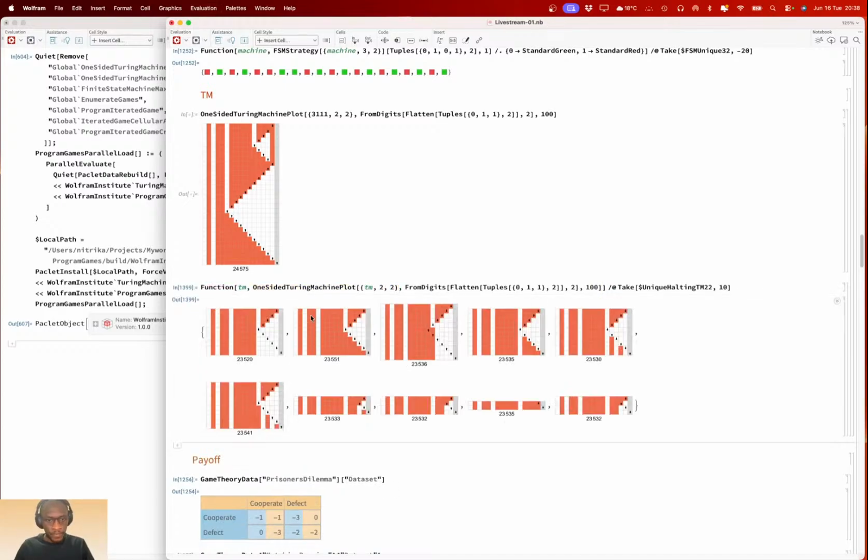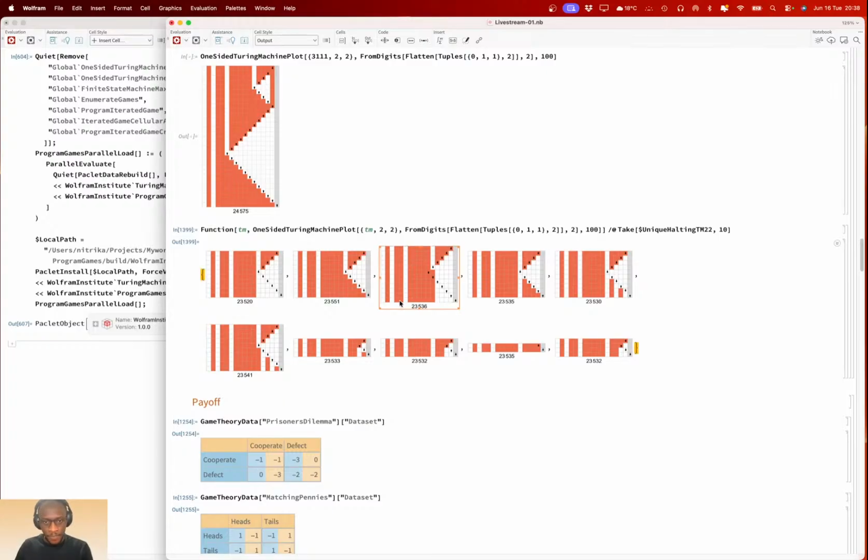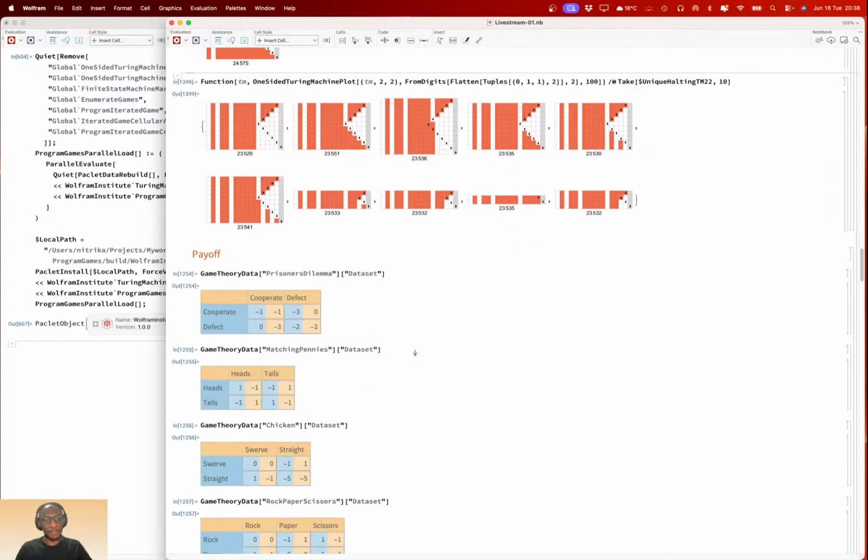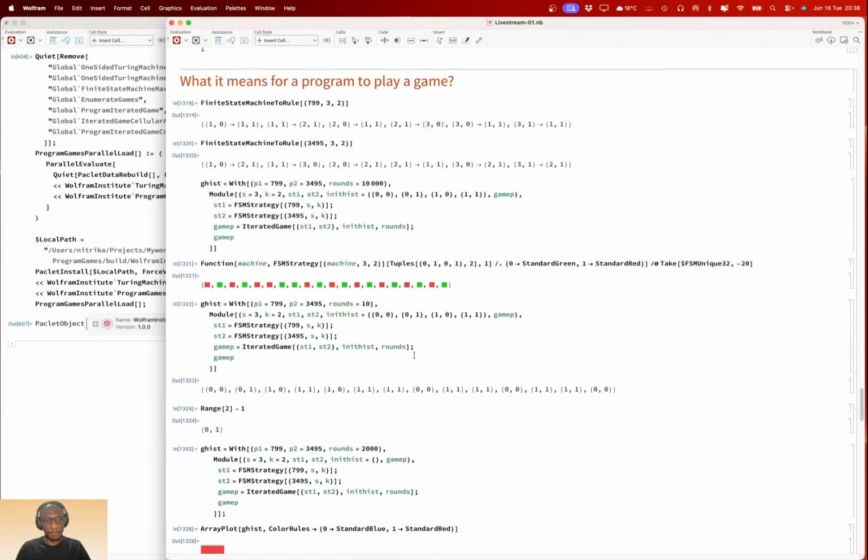This guy made cooperate, defect, cooperate, defect, defect, cooperate, defect, cooperate. Look, they are making different strategies every time given the same input. But that's just what it means for Turing machines.